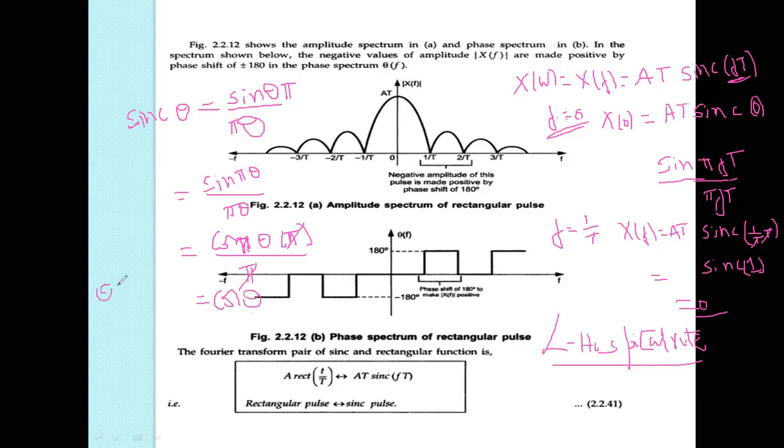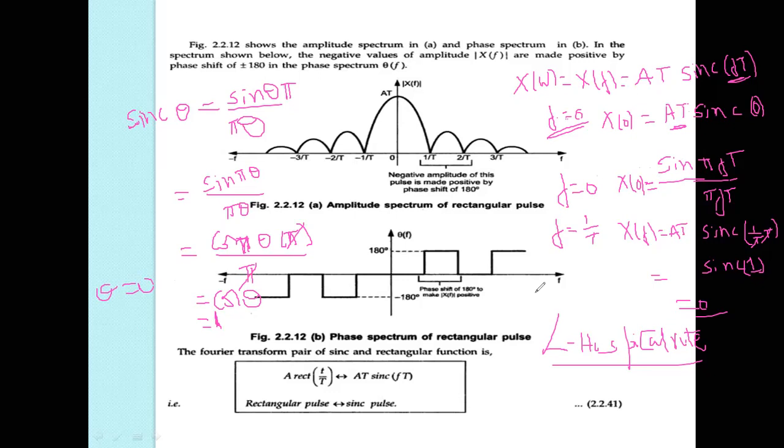What is the theta we are taking here? The 0. What is cos theta? 1. Follow, my dear students, 1. So what is the multiplication factor here? A. So we got at f is equal to 0. Directly we can substitute in this equation of x of 0, it becomes sine 0 by 0. It is an undefined condition. So using the L'Hospital rule,